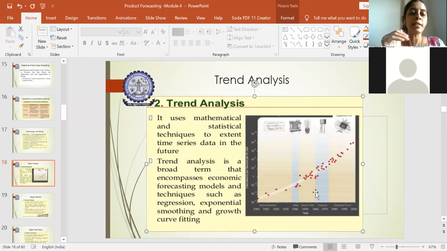Through this you will understand whether the growth is going linearly, exponentially, or it is held stagnant, or it is coming down. All these could be analyzed. Due to this analysis, it helps in understanding where the problem exactly is and how this problem could be overcome, so that you will have a linear growth in the particular product. All these things could be analyzed with the help of trend analysis.